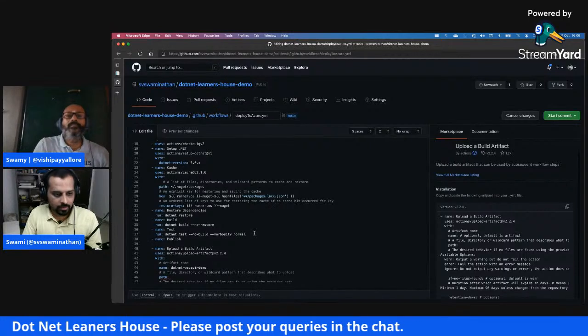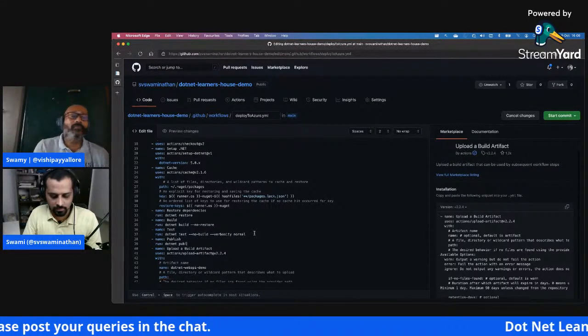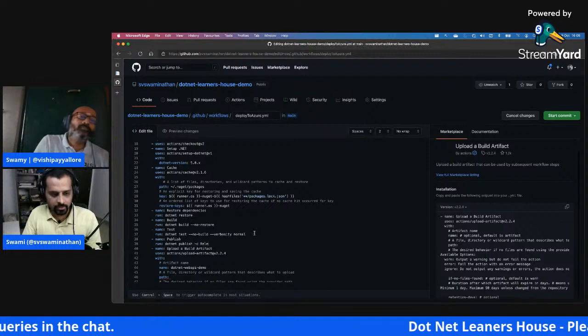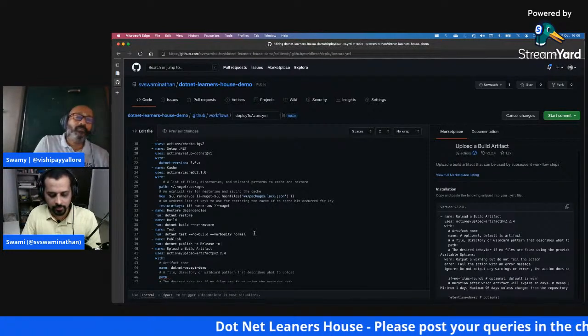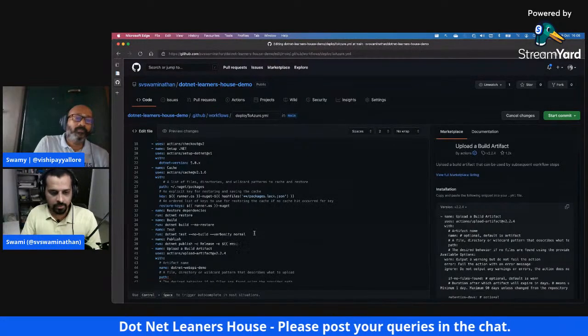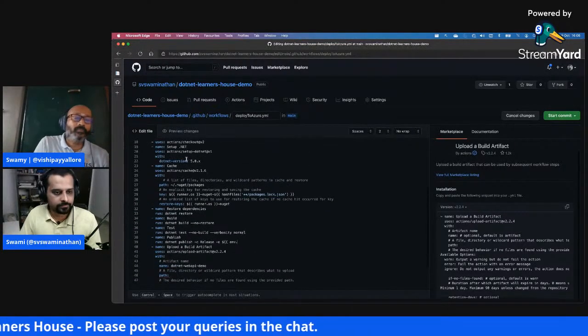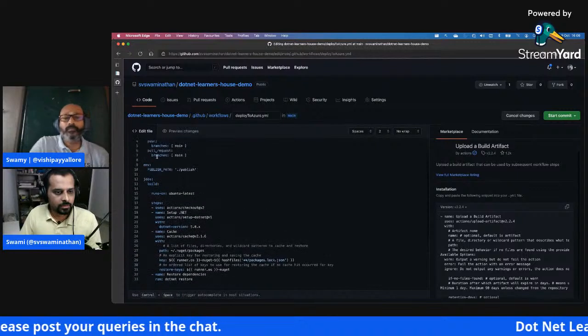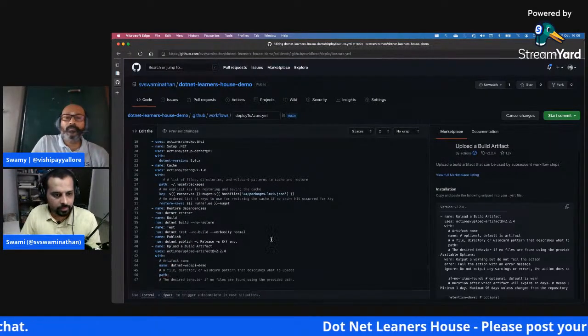I will say run dotnet publish -c. I will make it release mode, and then -o. Here is where I will say env dot publish path. Env dot publish path is what I am going to put in here.